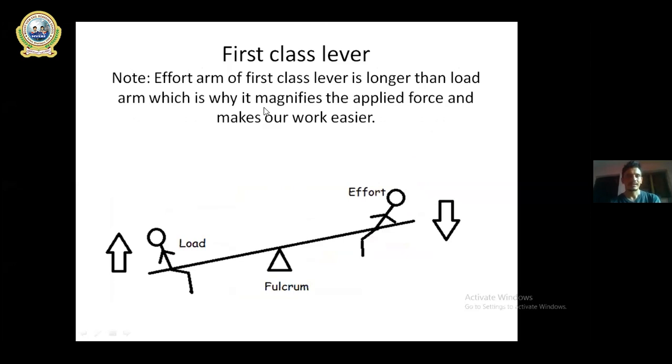Let me show a first class lever. There is load. It is the example of seesaw. In Nepal, it is called Dhikicham. You might have seen your small brothers who are studying in playgroup playing this kind of game. This is Dhikicham, seesaw, and on one end there is one person sitting, another person sitting on the other side, and at the middle there is fulcrum. So in this case, fulcrum lies between what? Fulcrum lies between load and effort. Load is here, effort is here, and fulcrum is in between. So this is called first class lever.